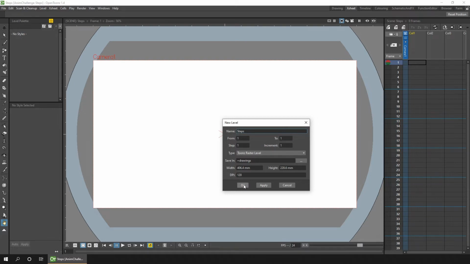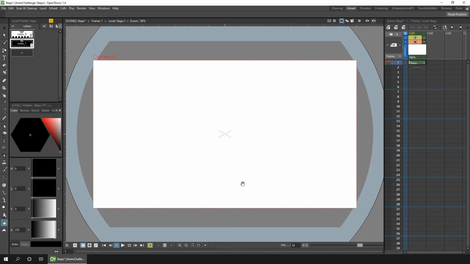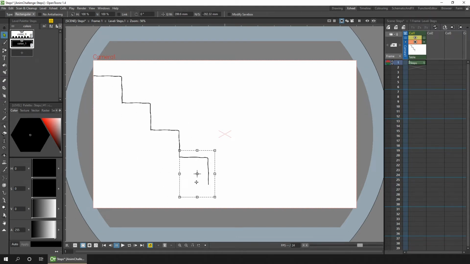So as always, I'll use a Toonz raster level. And as I want each step to be the same size, I'll draw just one of them first. And then I'll use the selection tool at the top of the toolbar here. And I'll select the step. I'll press Ctrl C to copy it. And I'll press Ctrl V to paste it. And I can click and drag that step to join with the first, and I can press Ctrl V again to get another paste of the step, and I'll keep pasting steps down and moving them to join on to create a set of stairs